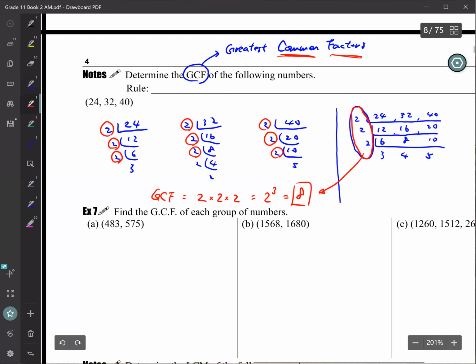Okay. So let's fill in the rule for this, right? So GCF, you divide until no more